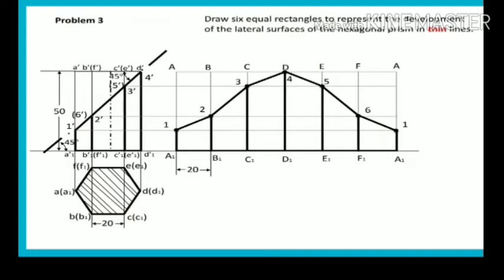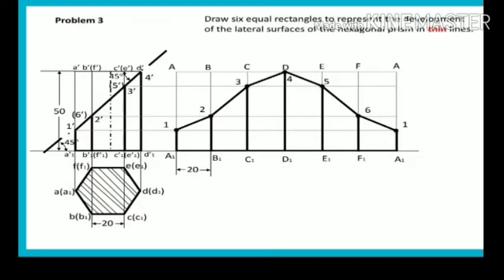Similarly for EE1 and FF1 we have named 5 and 6. Now point 1 lies on the vertical edge A1, so we have transferred it in the development at A1. Point 2 lies on BB1, so we have transferred it in the development at 2. Similarly, all the points are transferred.